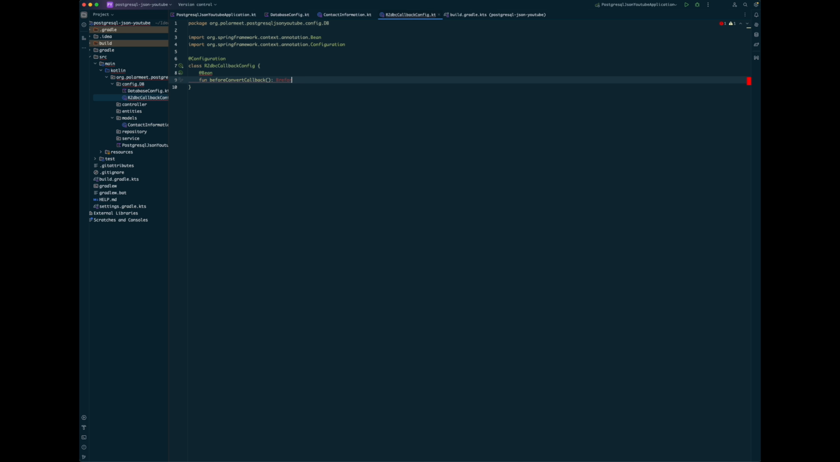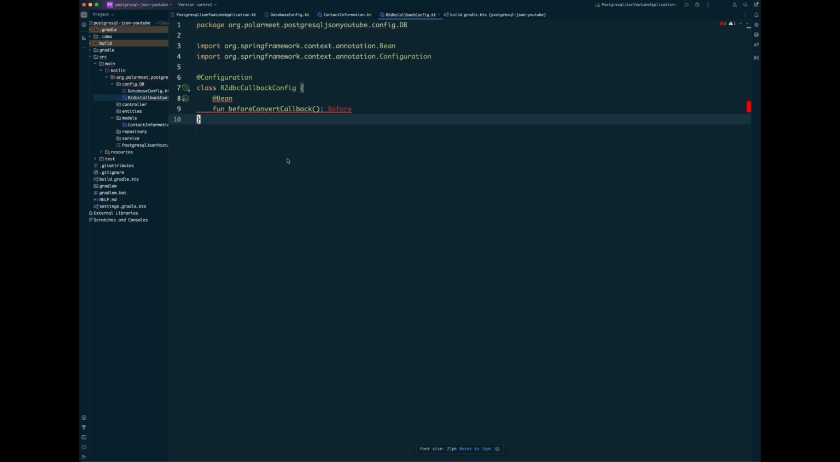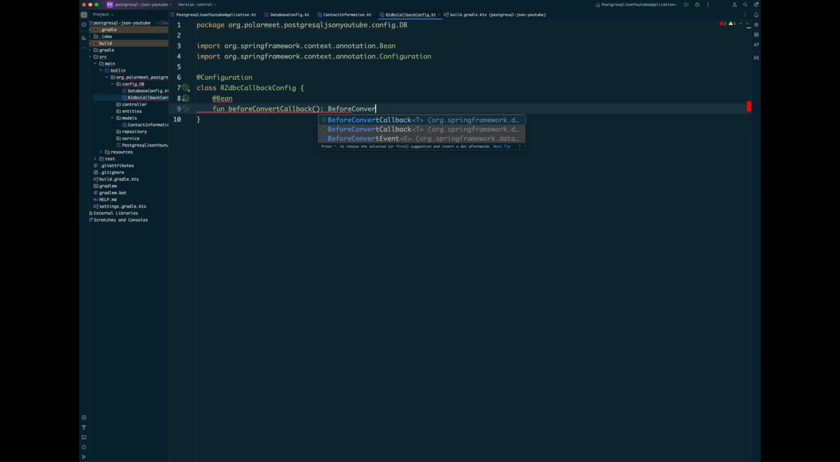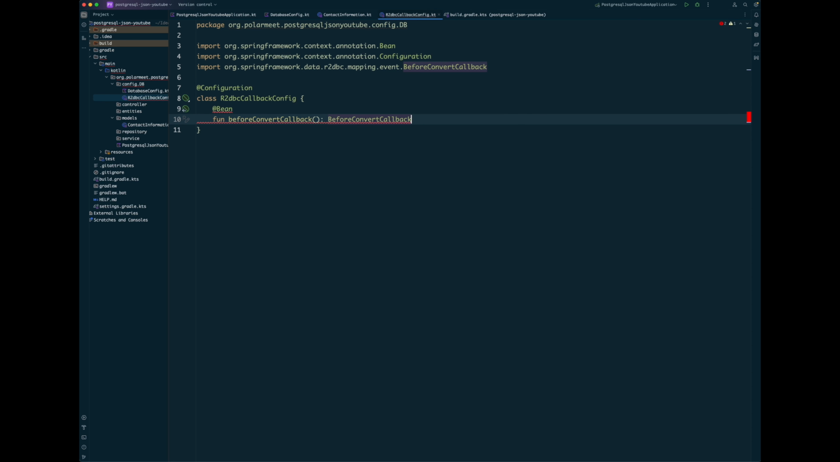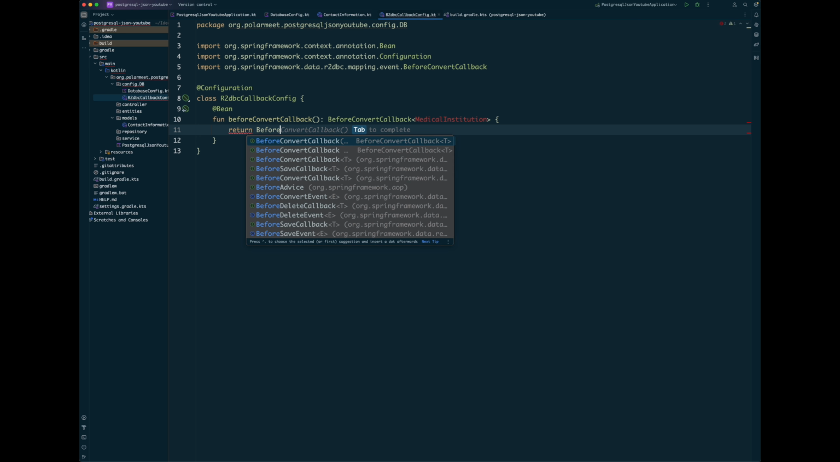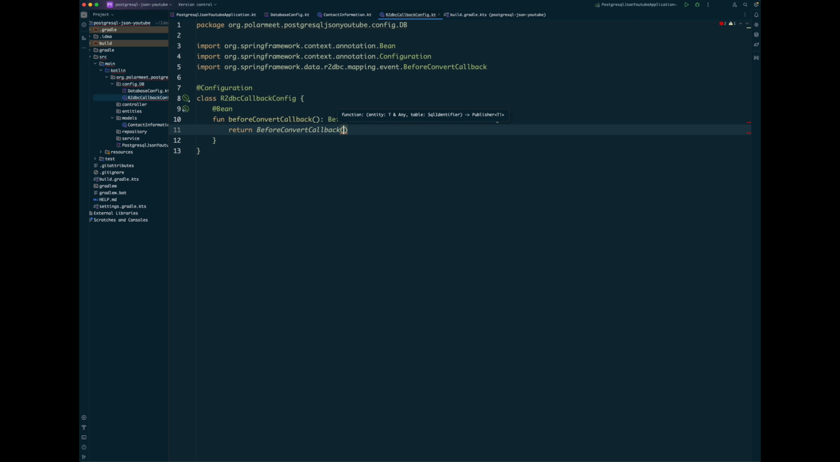Convert callback, font size, of course, before convert callback, and it should be magical institution, magical institution, and this, and then we return before convert callback this, and if and